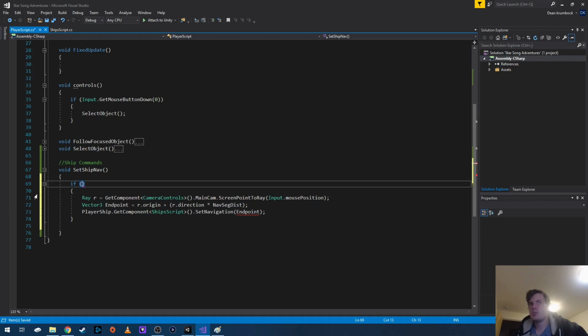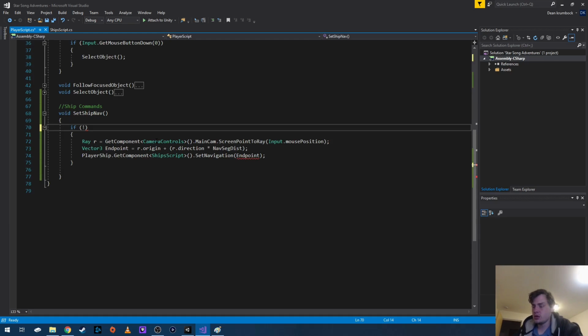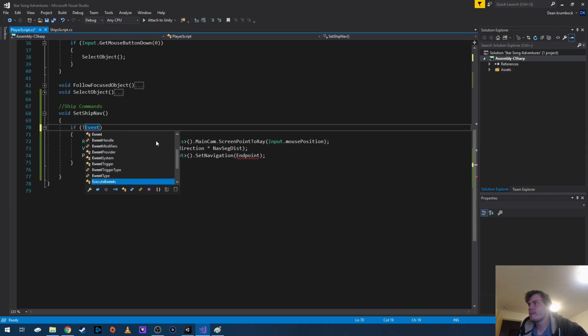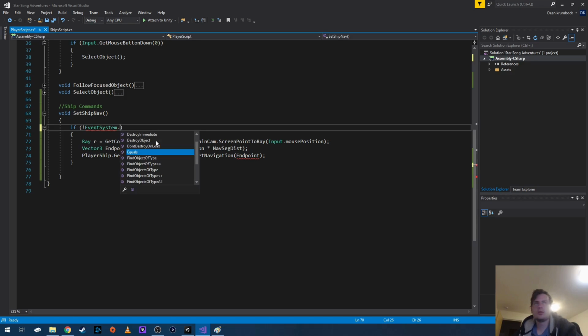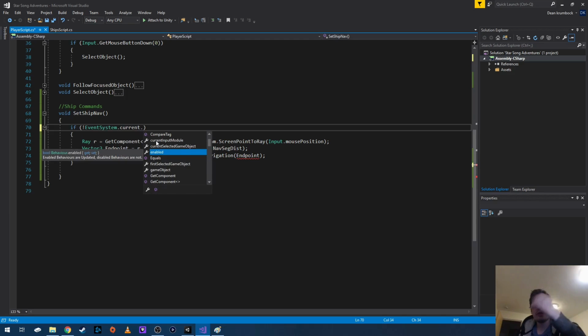But what I want to type in here is, hang on, I've got a thing open here for the site, just for this specific occasion. If not, event system, where is it? There we go. Dot current dot. I've actually got a Google thing here for this specific if statement, because this is a very, very niche